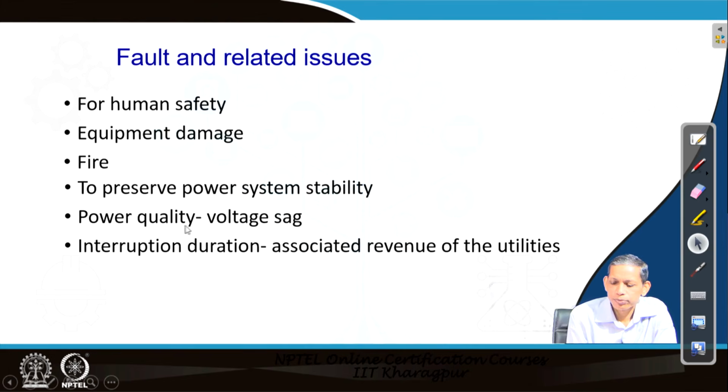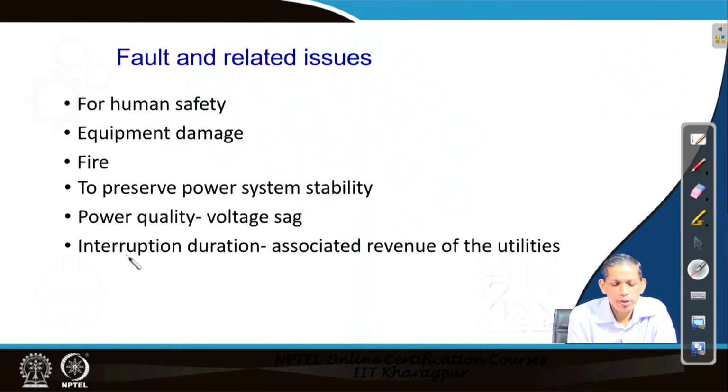In case of a fault in any area or any element, the voltage at that point dips substantially, and so also in that area at different buses we will see lower voltage magnitudes, and that leads to problems in the functionality of different loads. So, that becomes a power quality challenge, and therefore, the smaller the period of the fault in the system, the better it is.